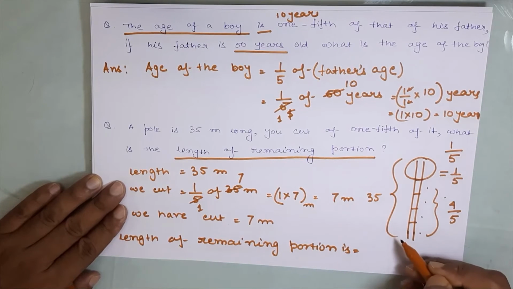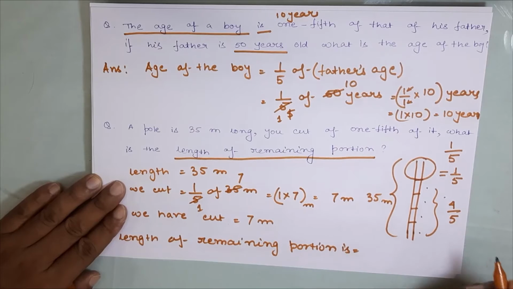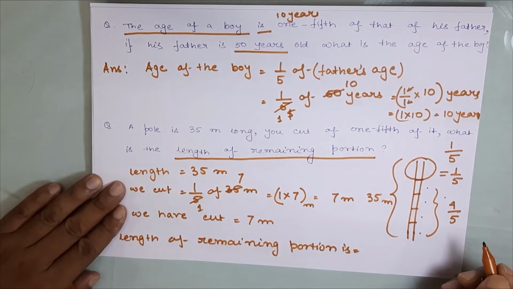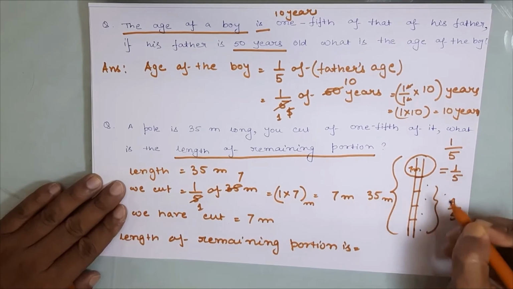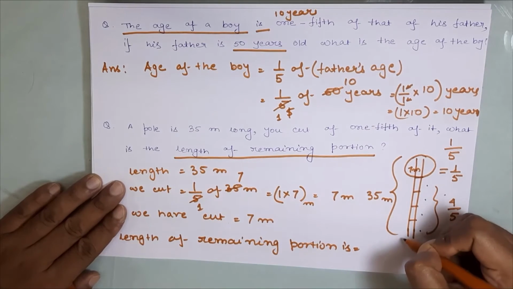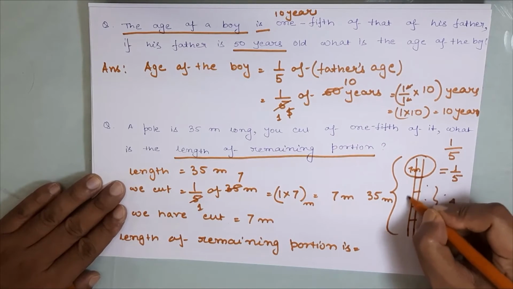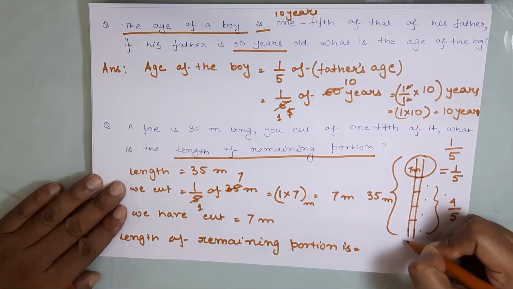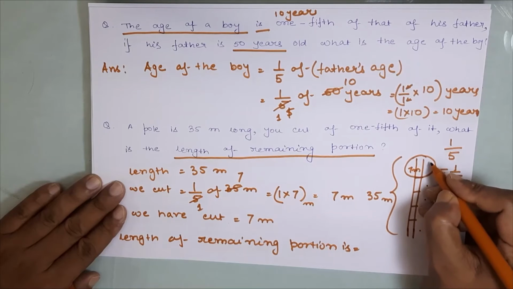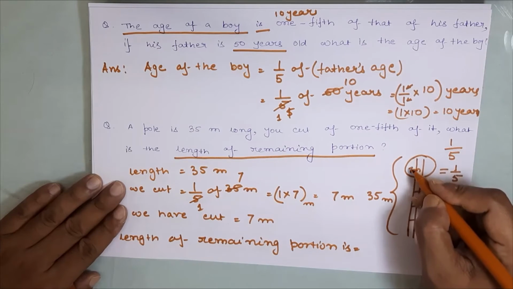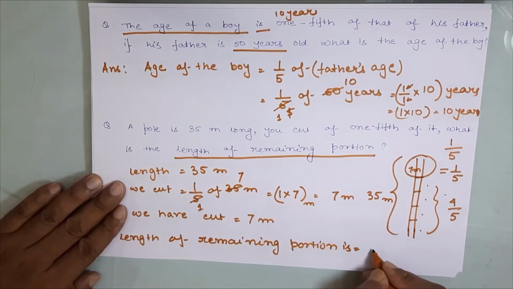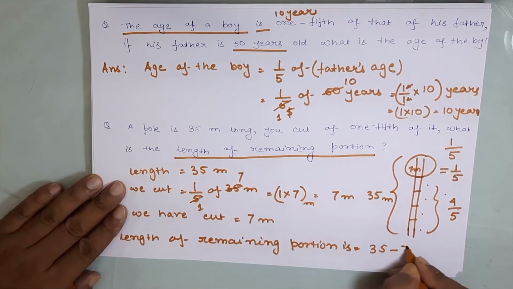The total length is 35 meter. So what we are left with is this small part. How do we get the remaining portion? We get it by subtracting the cut-out part from the whole length of the pole. So we have to subtract 7 from 35. So 35 minus 7